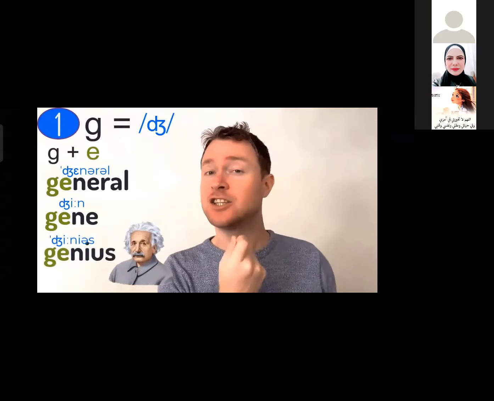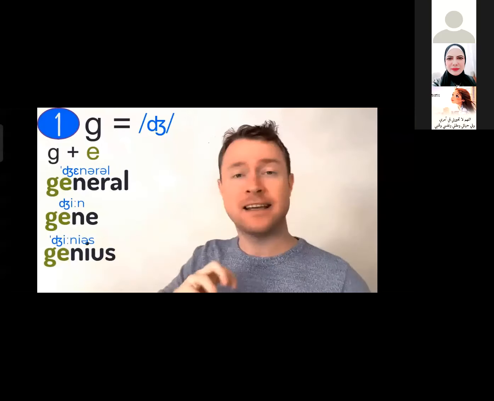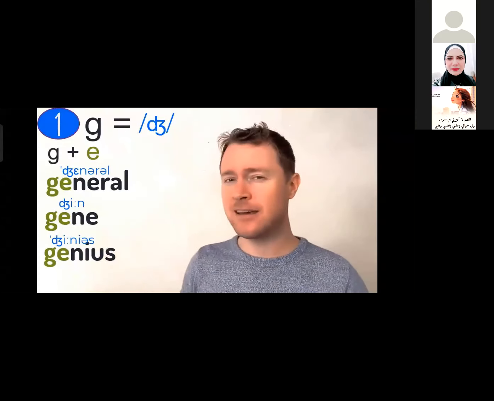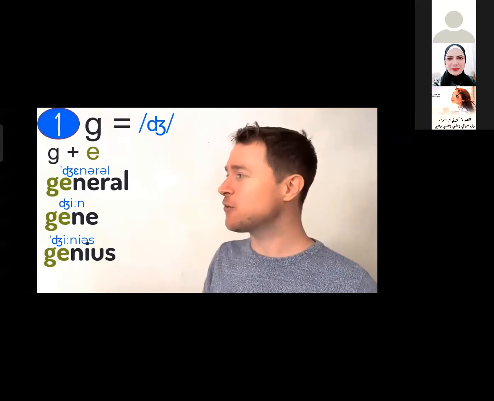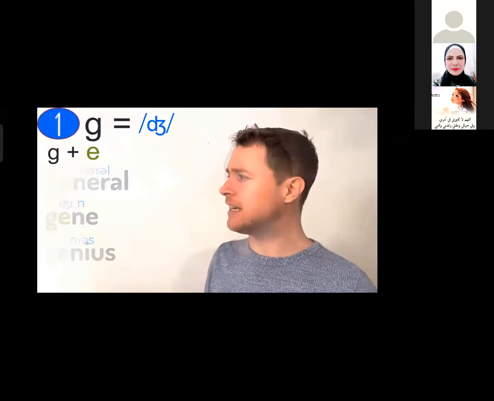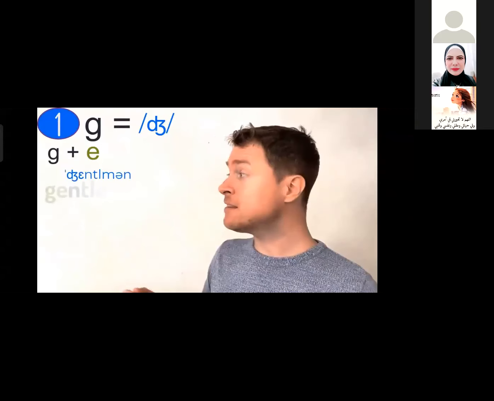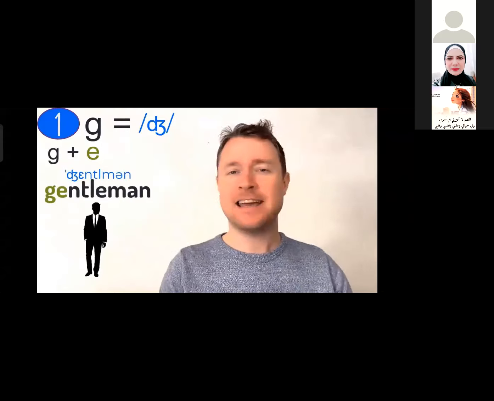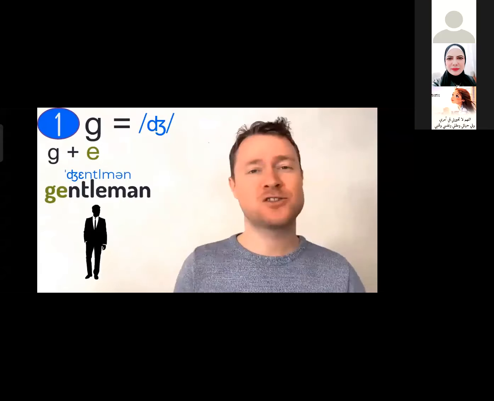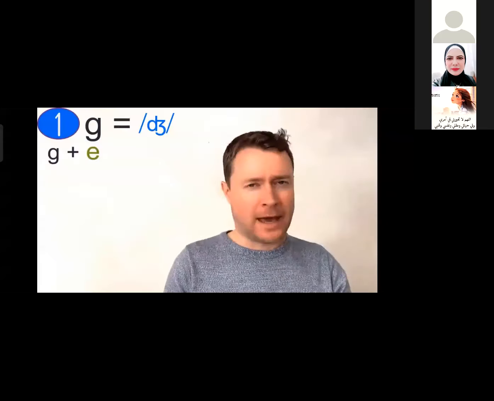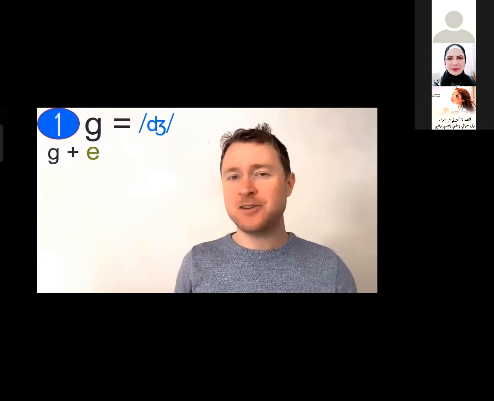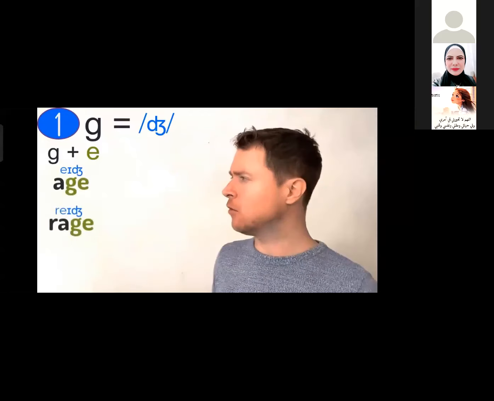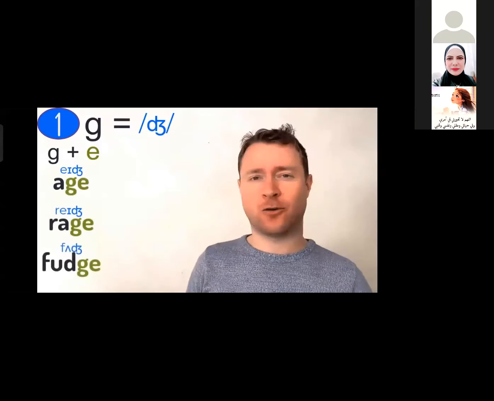Listen carefully. Genius. You've got that J sound. Genius. He's a genius. Genius and general and gene. Also, gentleman and gentle. He's a gentleman. He is a real gentleman. Okay, what about when GE comes at the end of a word, like in age, or rage, or fudge,